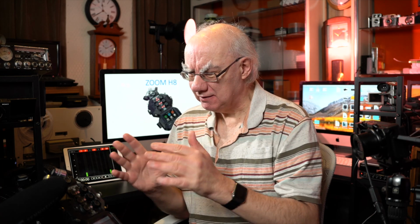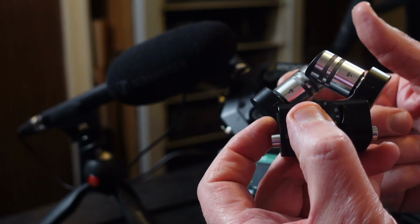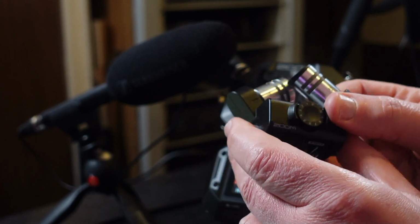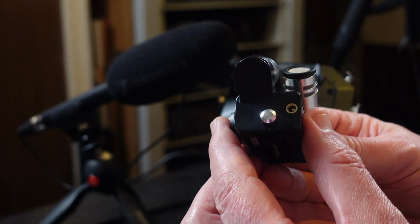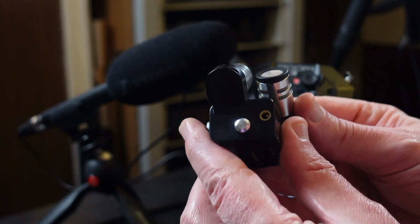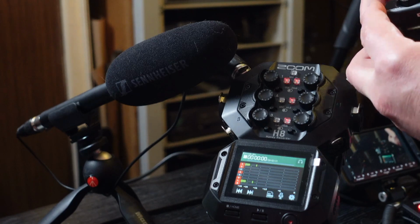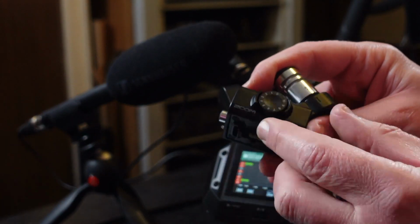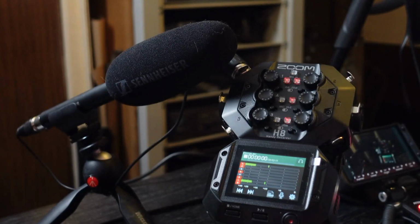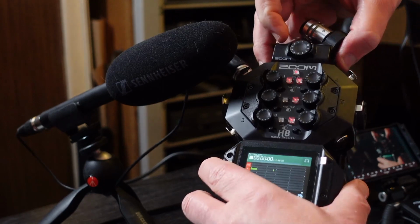Overall, I think it's a fantastic piece of kit. With this module that fits on top, not only has it got the XY stereo pattern microphones on the top, it's also got a 3.5mm jack input, so you can plug your wireless microphones or your microphones with a 3.5mm jack straight into this, and that cancels out the XY microphone pattern. So it's very flexible. And again, you've got your audio level control on the top of this unit separately, and that controls the input going into that particular channel. So yeah, that is pretty much an overview of the Zoom H8